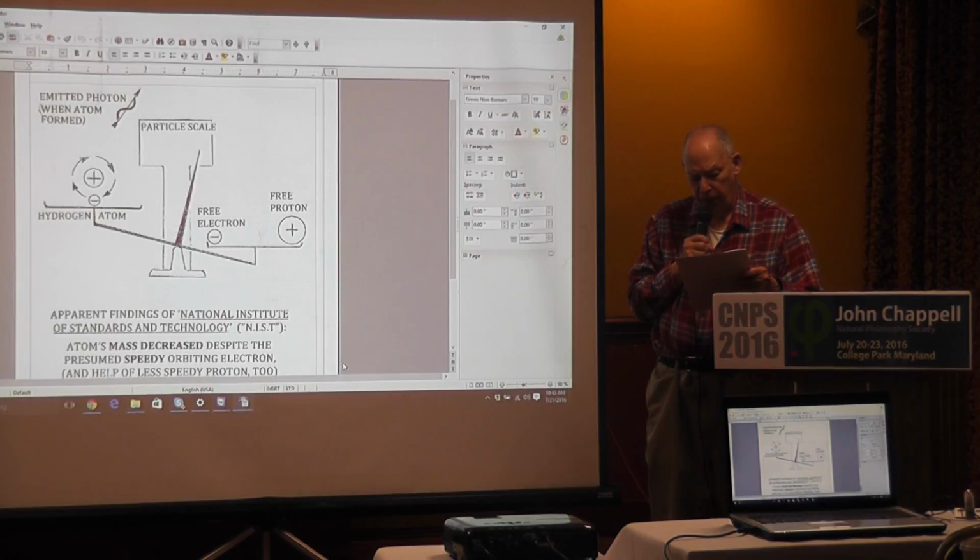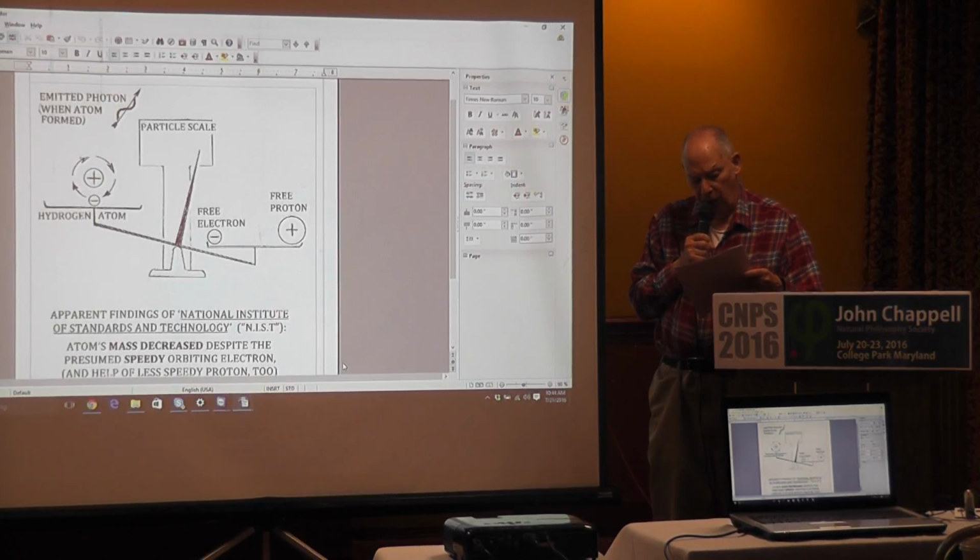Super Collider. But empirical data from the National Institute of Standards and Technology, NIST, indicates that the hydrogen atom has less mass after it forms, and less by an amount of mass that seems approximately equal to the photon's equivalent mass that was emitted by the hydrogen atom when it was formed. I'll just say photon's mass from now on instead of a photon's equivalent mass.